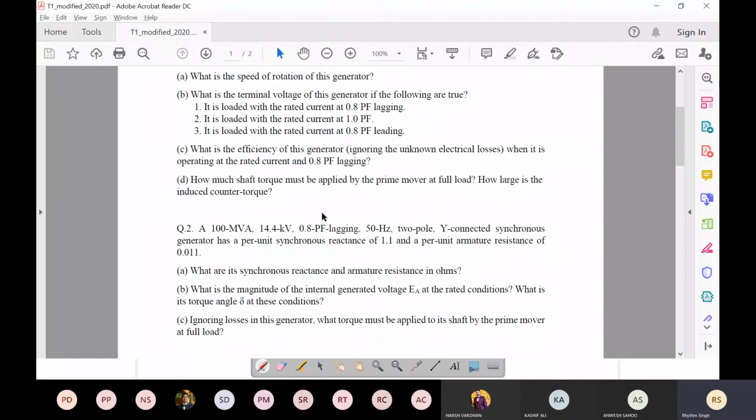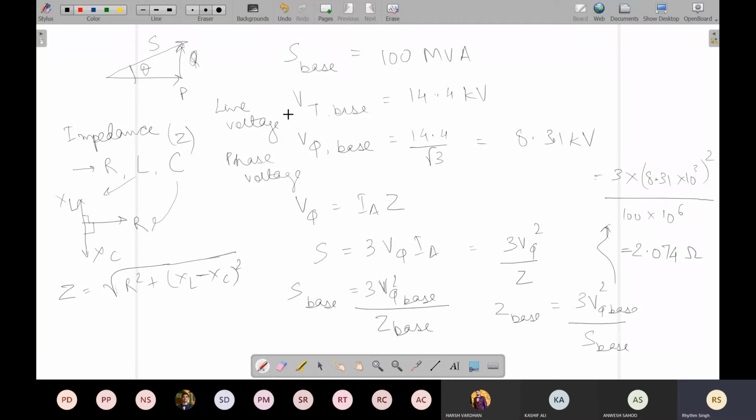Because this is a simple single machine. If it is a complicated system, with a transmission line and transformer and everything, then there is another procedure. We'll not go into that because that is beyond the scope of this course. But in a simple system where there is just one synchronous machine, this is very straightforward. You just take the power output as the base power and the rated voltage as the base voltage. But please remember that when we write like this, this is always the terminal voltage, which is equal to the line voltage. That's why we call this the base of the line voltage.